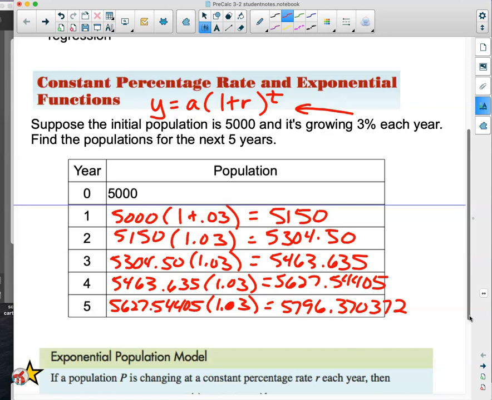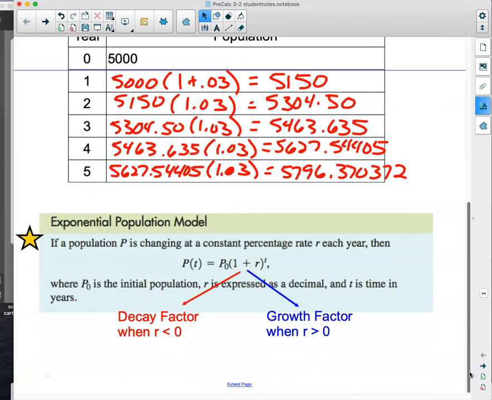But of course, the formula is going to change the look a little bit, and that's because that one is pretty generic. And since we're going to be talking specifically about populations quite a bit, what we would want to do is write a function that uses a capital P for population to tell people, hey, this is going to be a population model. So our exponential population model: if a population P is changing at a constant percentage rate